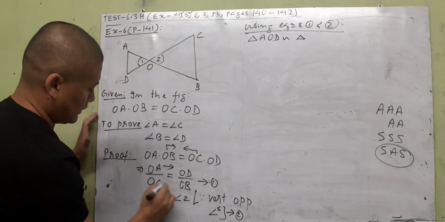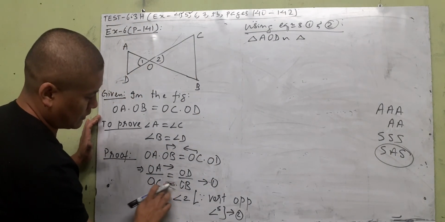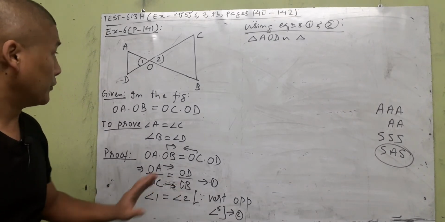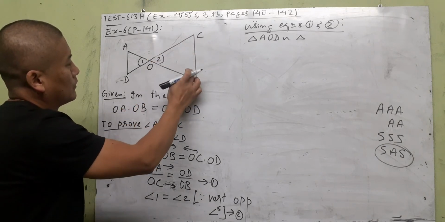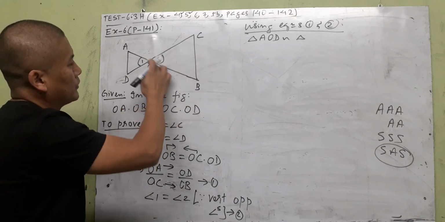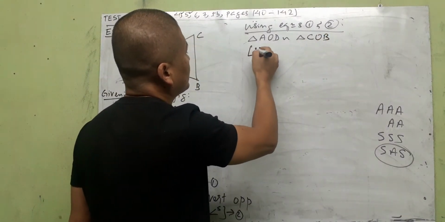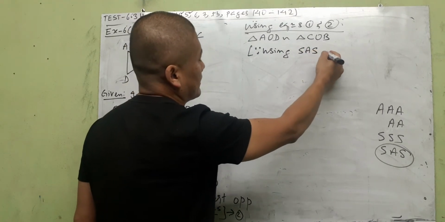Then if you go like this, then you have to go like this. It means you cannot go like this, because similar triangles, the position of letters are so important. So OC to OB. First OC to OB. So we cannot go BO, we have to go COB. And we write here, since using SAS,